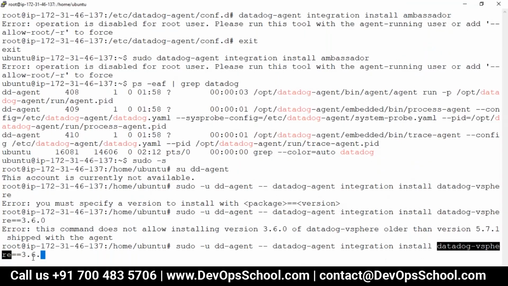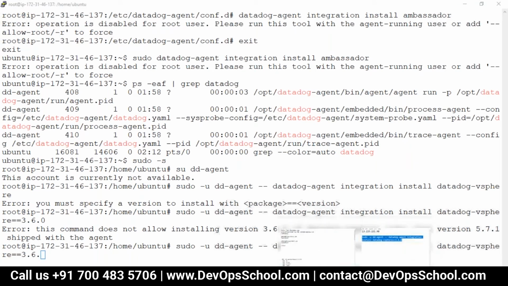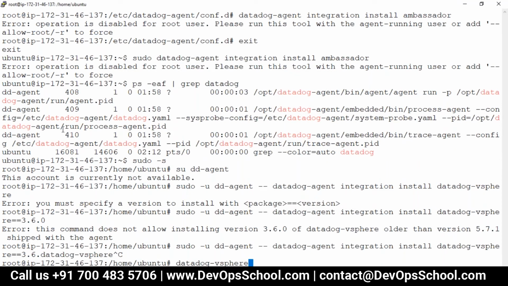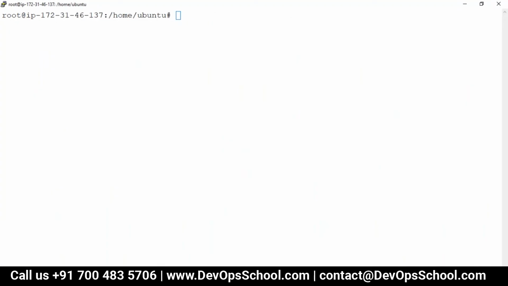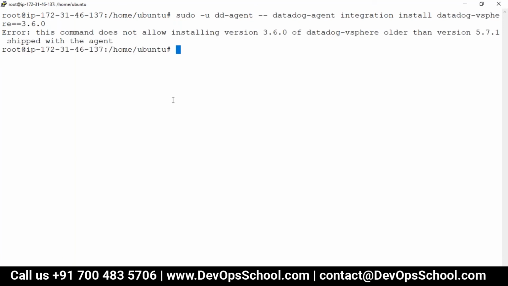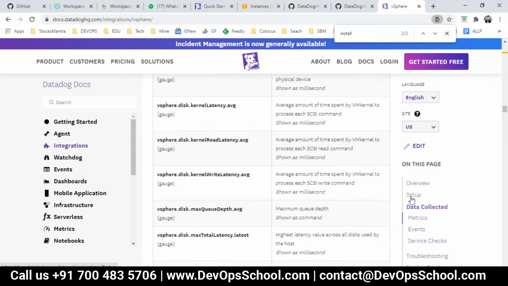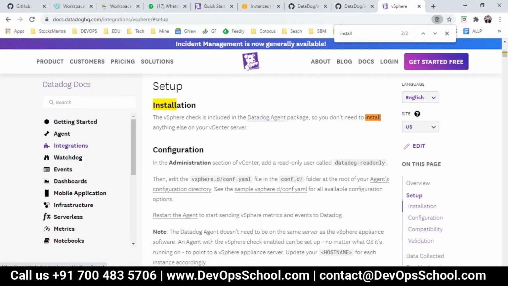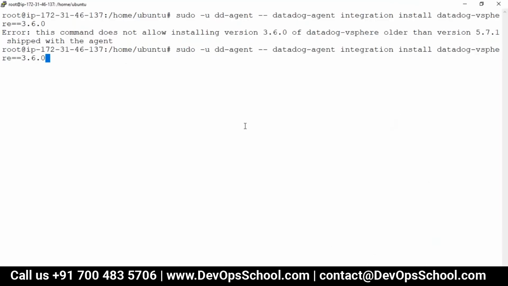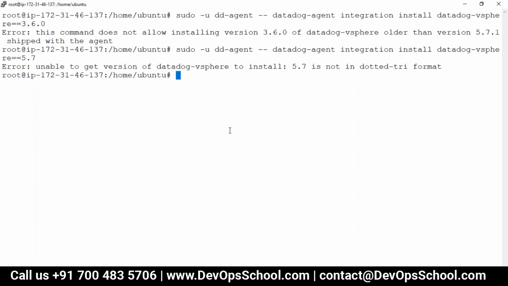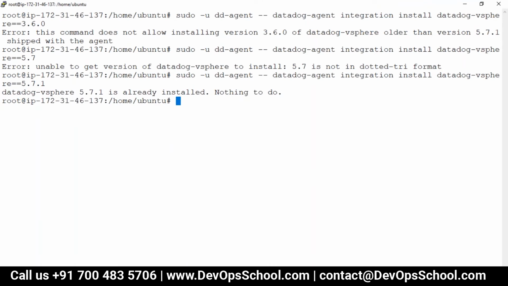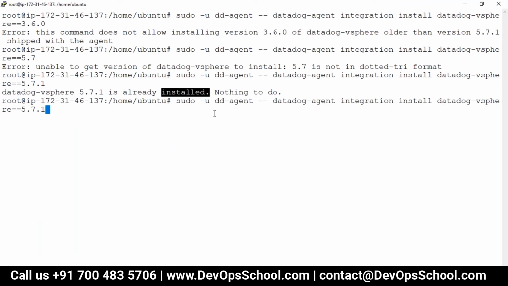The test version that they have is 5.7.1. We can update it to 5.7.1, right? Just a second. Nothing. It's building already, file installed. So yeah.